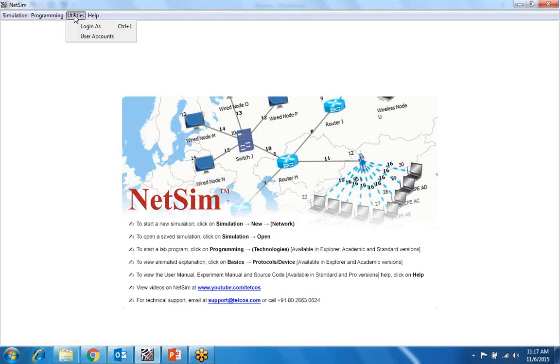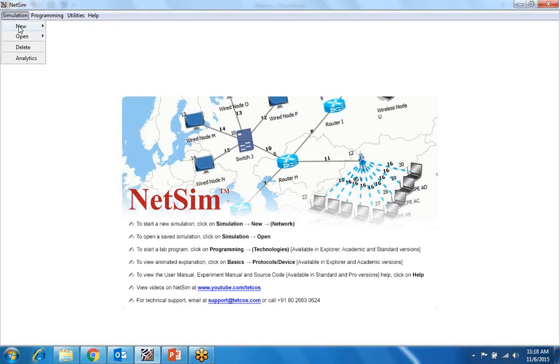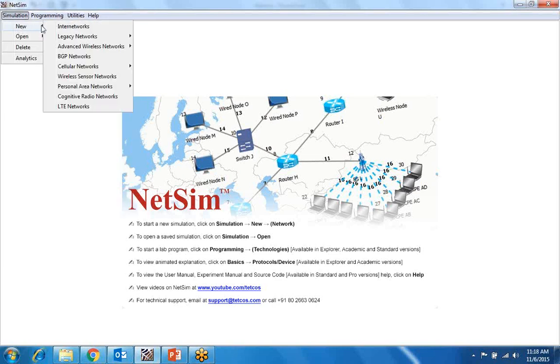Utilities is the user account management. You can act as an admin and give rights to the users for what they can do. Then in programming, we have some sample programs, and you can design your own code by creating an exe file and link it with NetSim. Then in simulation, in new, we can see internetworks.